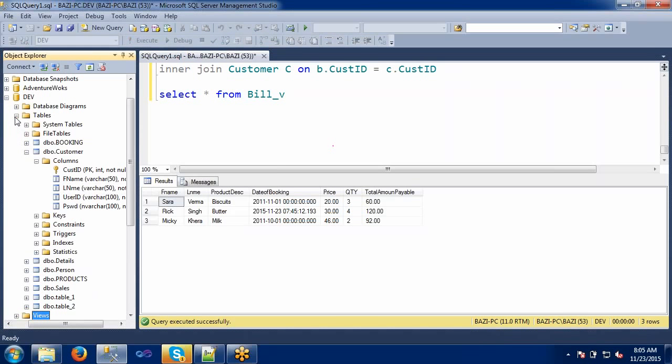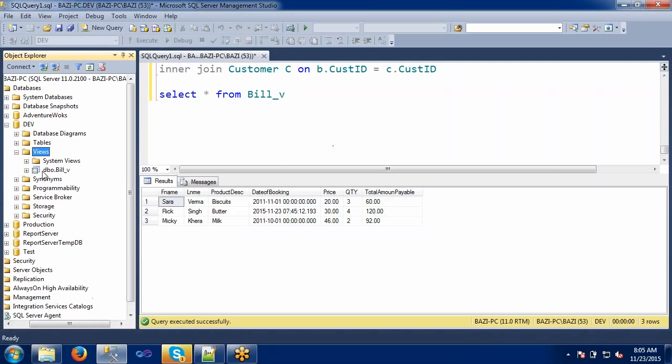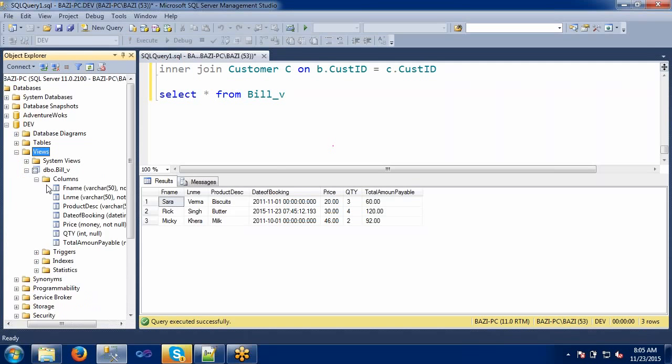And if you go to the views, the columns will be like this, but it won't display from which table each is coming. It will simply display the column name. For the end user, it's not easy to trace from where it is coming.